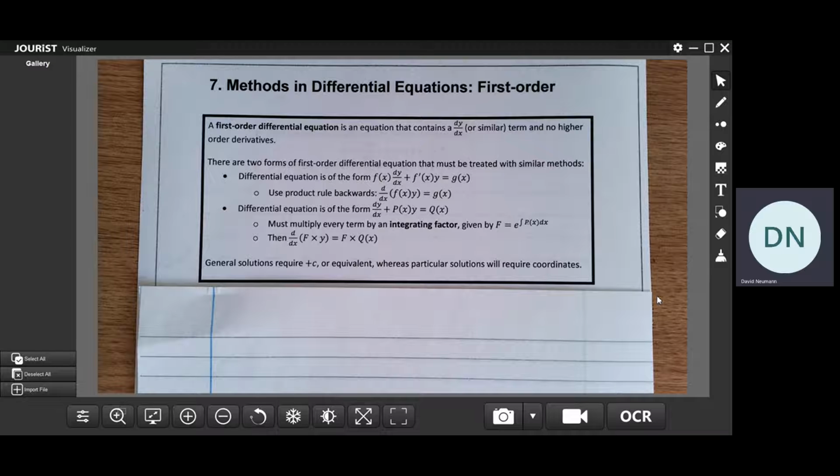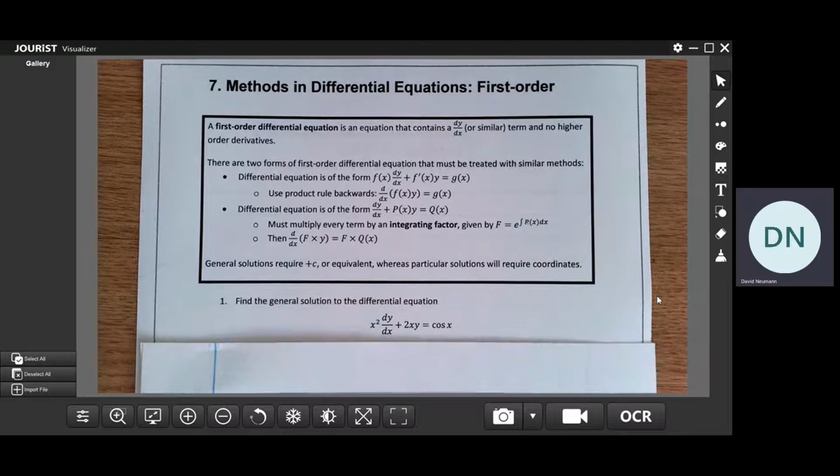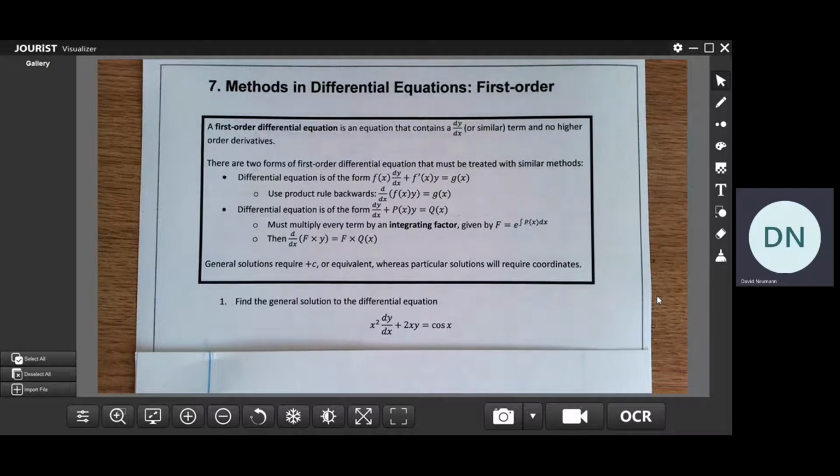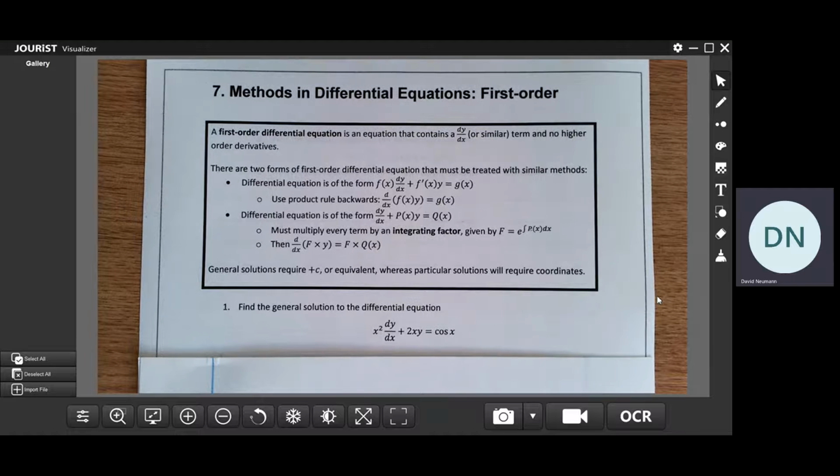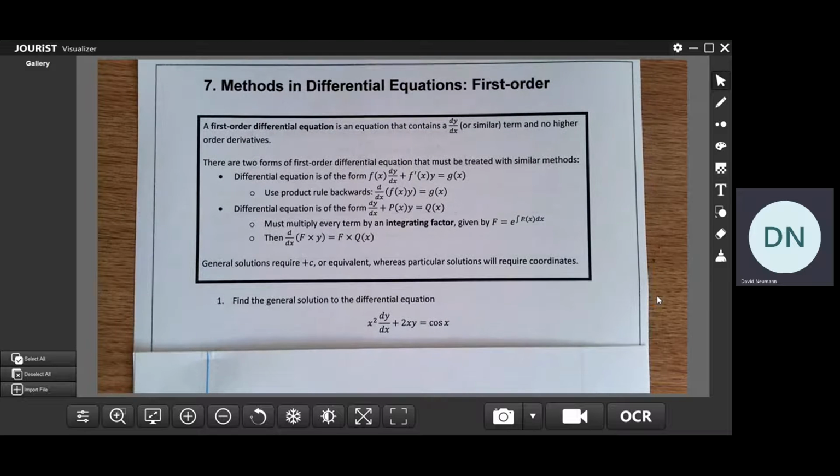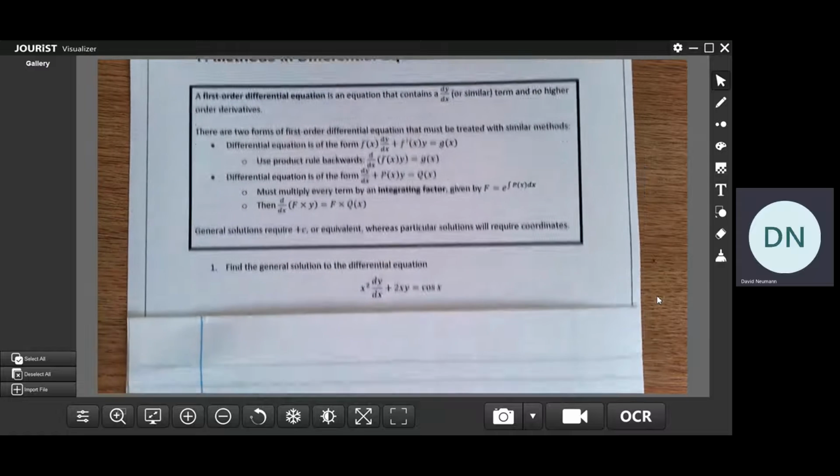However, we're now going to meet some equations where we can't do this. So if we look at the first example here, x squared dy by dx plus 2xy equals cos x, it is not possible to separate out the x and dx and the y and dy there. So we have to use a different technique. And what we're going to do here is we're going to use some more of the differentiation that we know. So using the fact that integration is the reverse of differentiation, we're going to notice that